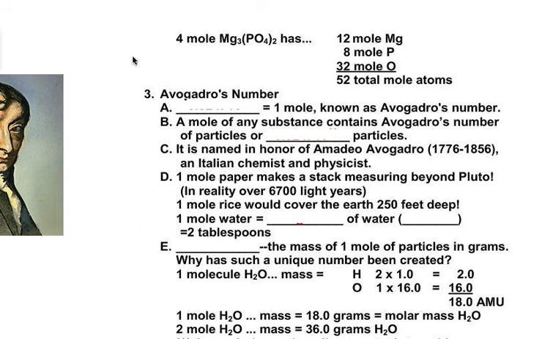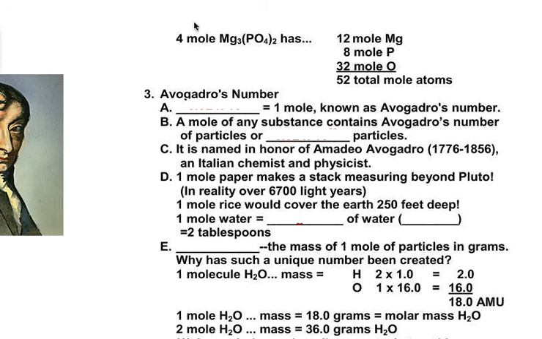Okay, and finally, you have 4 moles of magnesium phosphate, and that's going to have how many moles of atoms? So if we have 4 moles of magnesium phosphate, the number of total moles of atoms we're going to have is 4 times 3 to give us 12 moles of magnesium,